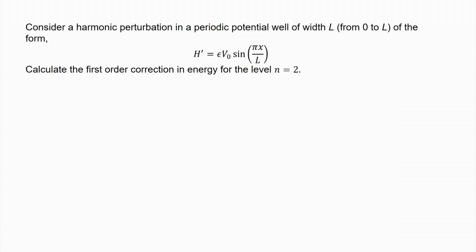Now, the word harmonic means it is a sine or cosine, which is periodic. So, the perturbation is given to be of the form H prime equal to epsilon V 0 sine pi x by L, and calculate the correction in energy for the level n equal to 2, which is the first excited state. It is worth mentioning here that the assumption is that epsilon is much smaller than 1, at least of the order of 10 to the power minus 3, so that